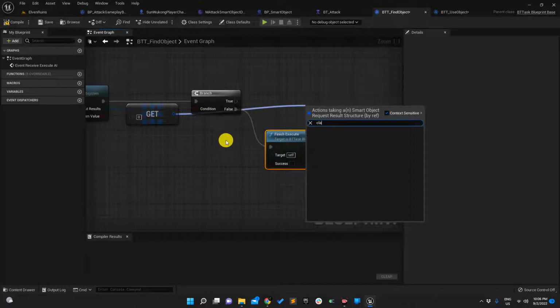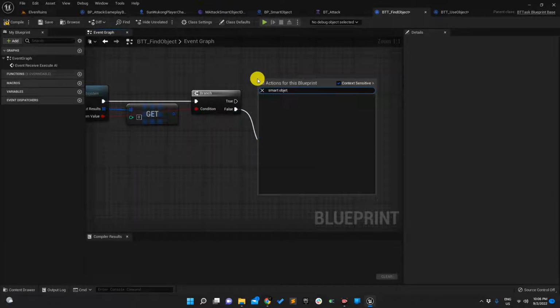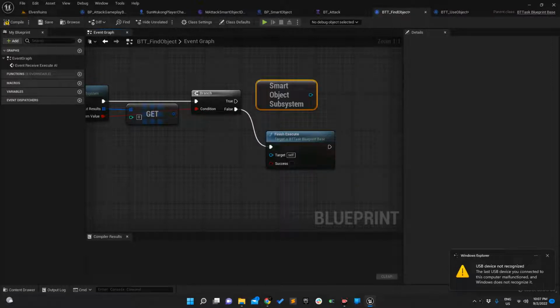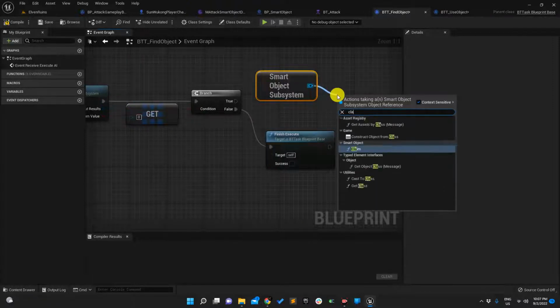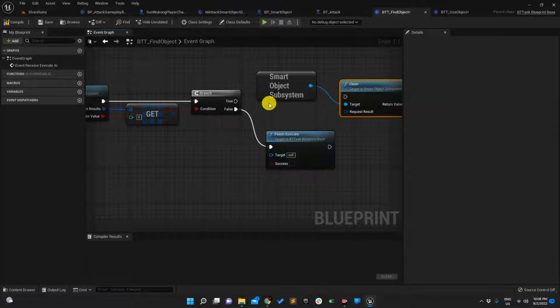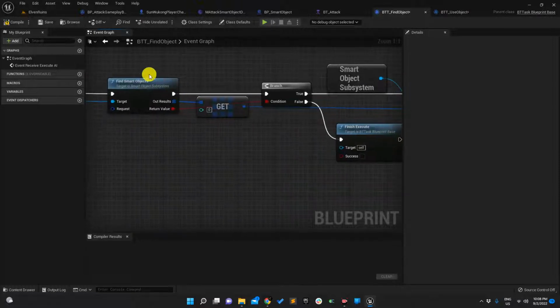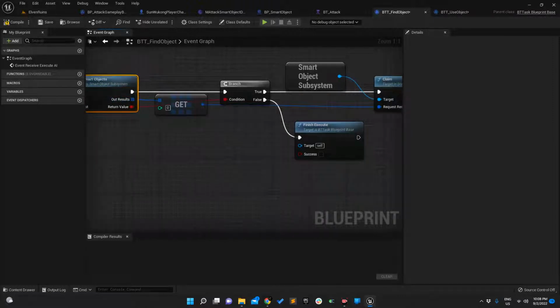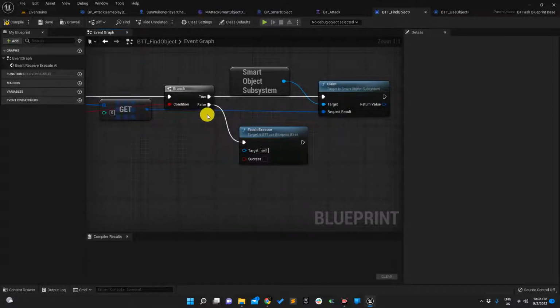Let me get the smart object subsystem, and get the smart object, and I will send the claim command. What exactly will claim do? First let me connect this. What I'm doing is finding the smart objects, and from that it will give us a smart objects array, and it will just pick the first one, and now